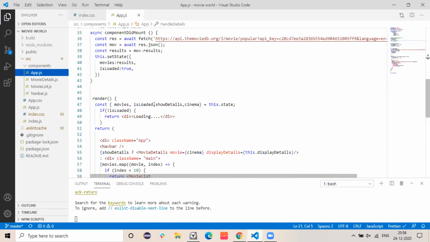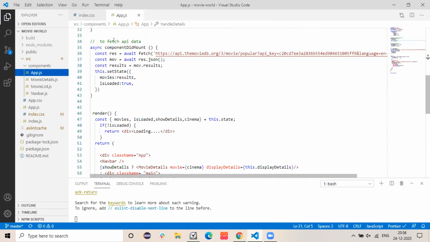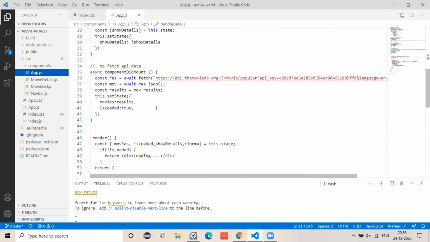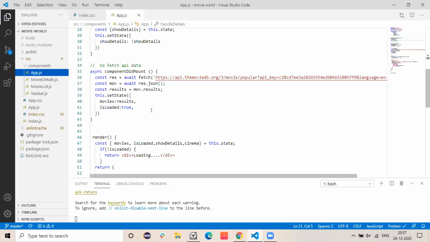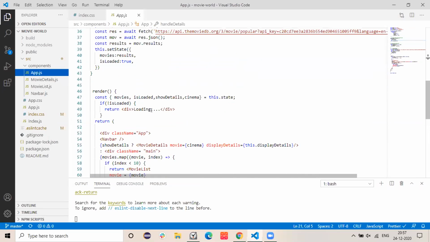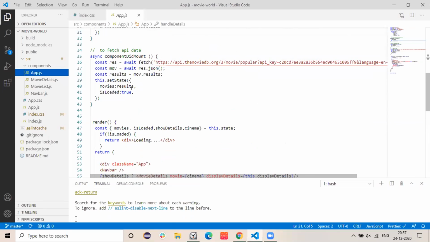Sometimes we don't get the results from the API, so we are taking this isLoaded Boolean value. If we didn't get the results, we're going to show the loading indicator, and we are using the MovieDB API, storing the results in the movies variable. And when we get the results, we set the Boolean value of isLoaded as true.